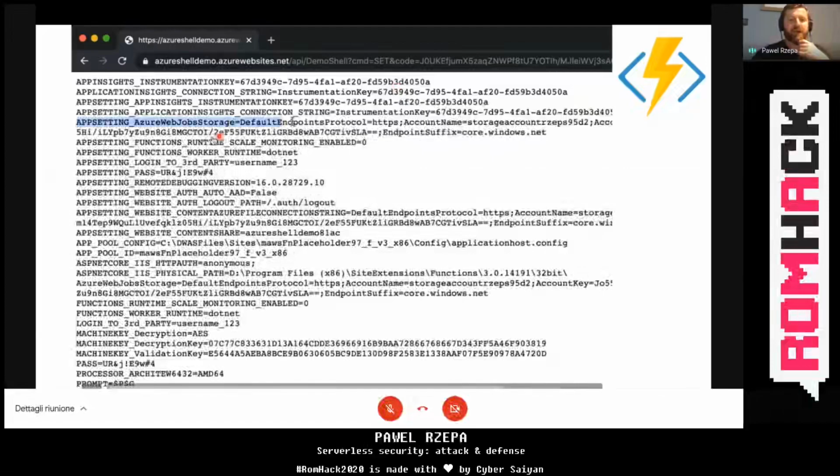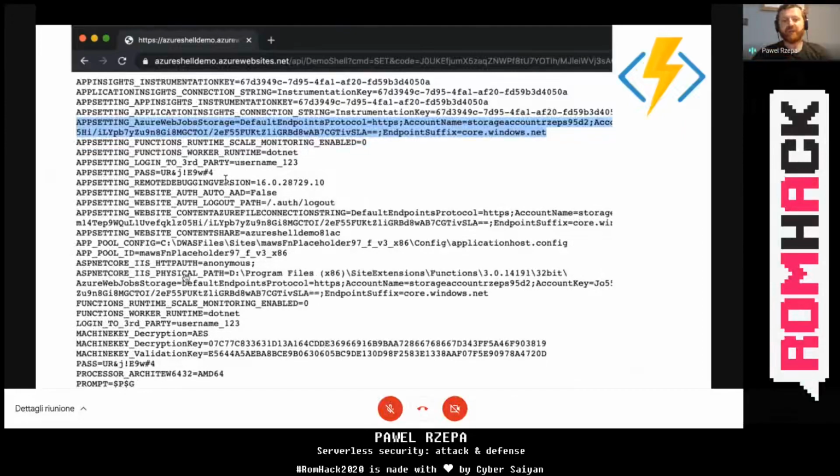Now, let's print out the environment variables, which in the Windows environment you can do with the command set. Just imagine if you have remote code execution in the Azure function, then you can print out all the environment variables. As you can see, all the secrets stored in the environment variables are in plain text.